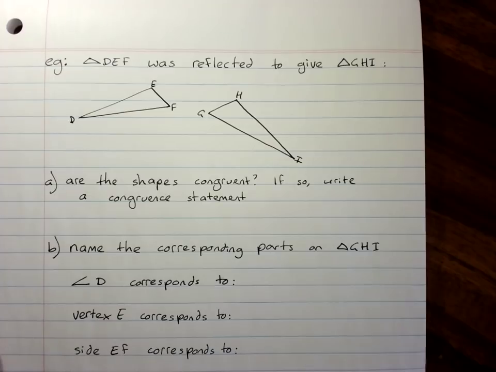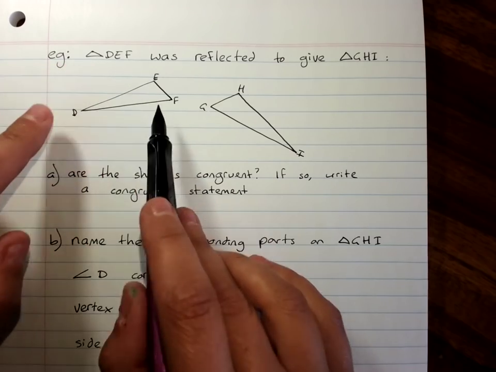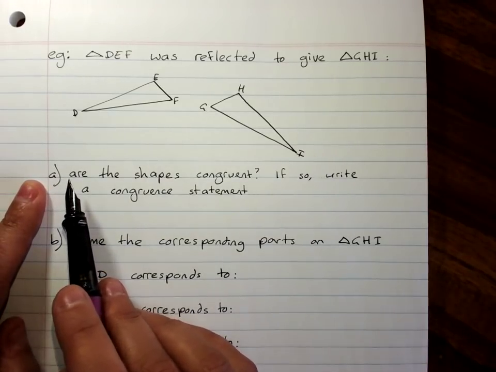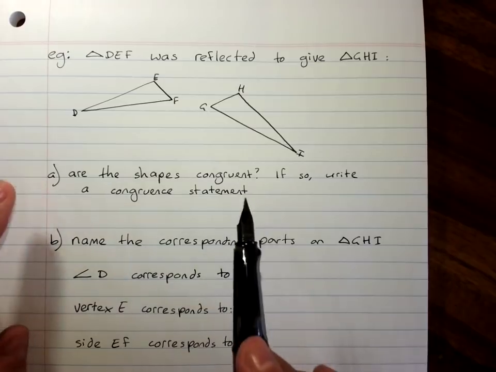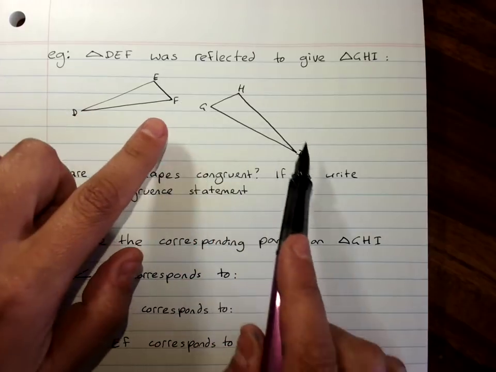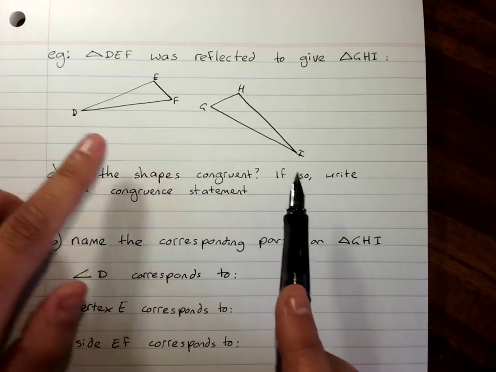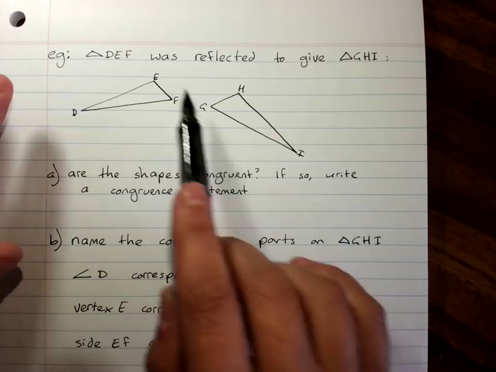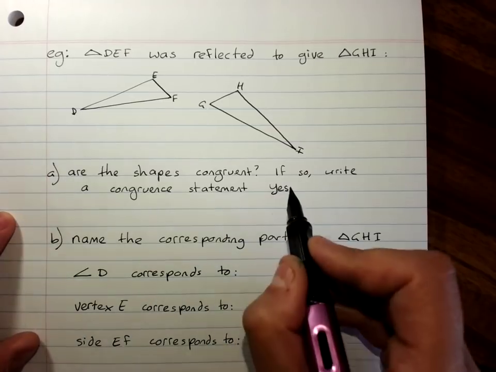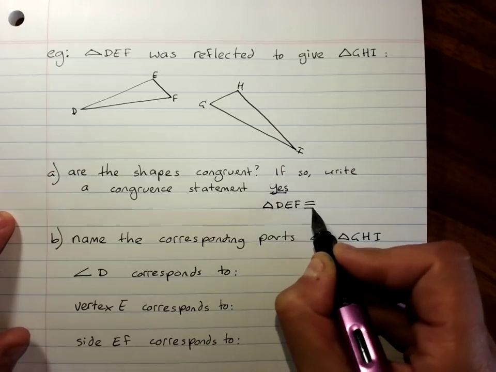So the sort of questions we might have to answer. I don't need you to write this down. Triangle DEF was reflected to give triangle GHI. First question, are the shapes congruent? Now they are, and we know they are without measuring, because it says that I got triangle GHI by reflecting triangle DEF. And if I've just moved a shape around, reflected, translated, flipped, rotated, then I'll still get congruent shapes. So yes, they are. And the congruent statement is triangle DEF is congruent to